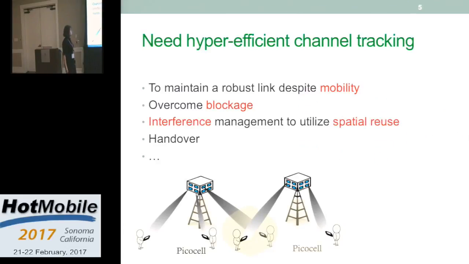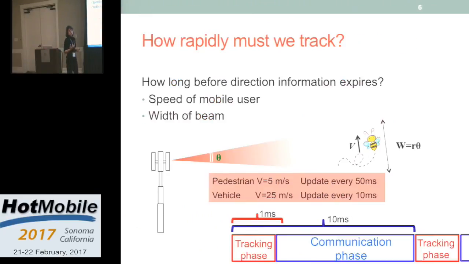And also, as I said, we want to serve multiple users at the same time. So base stations probably should be coordinated to manage the interference that they're introducing for other users. Also, when the user is moving from one base station to another, we need to handle the handover. All of this suggests that we need some algorithm to track the paths to the users. And it needs to be very efficient and quick because we need to